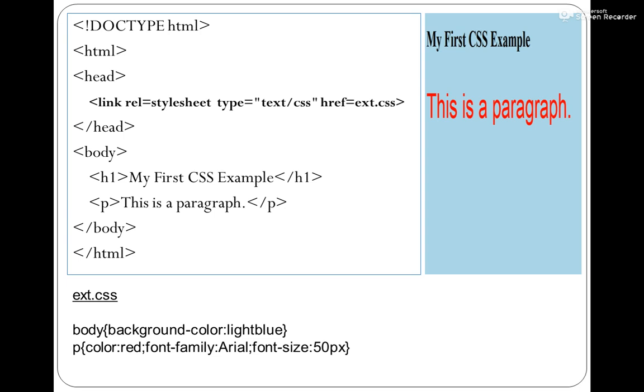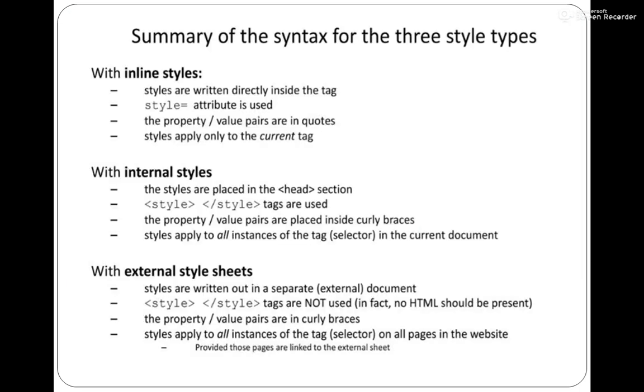And in the body part you can see there are two lines, h1 and p. Now in the CSS I have not given any styling for h1, so it will simply be printed as it is using the h1 font size, and this p tag will get all the styling which is mentioned in the CSS file, right? So now this ends our types of CSS.